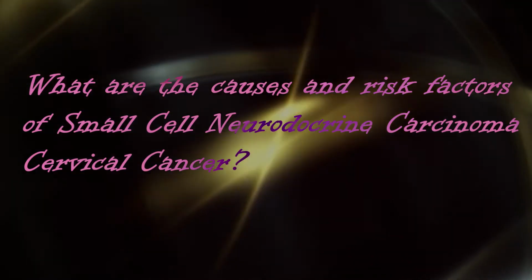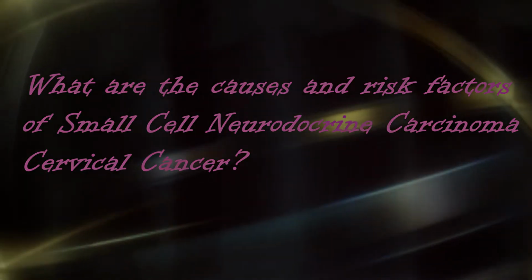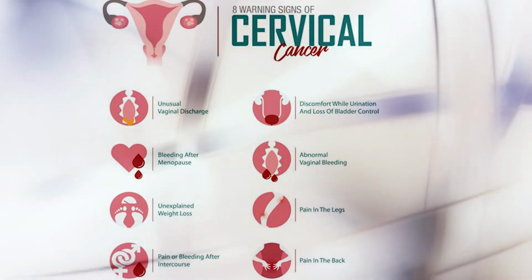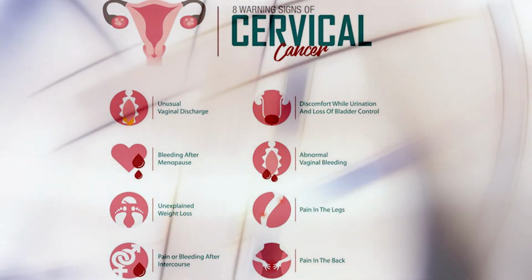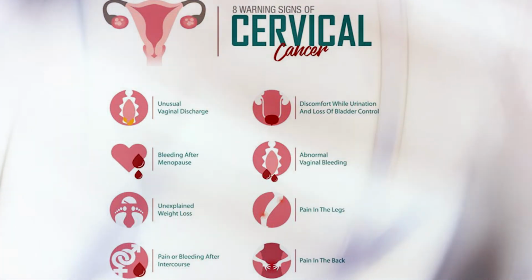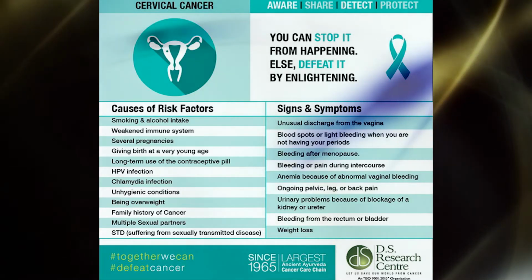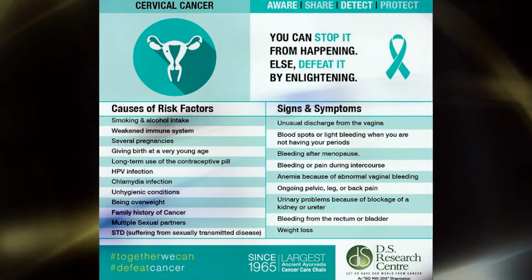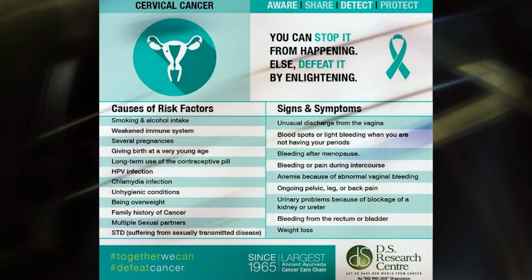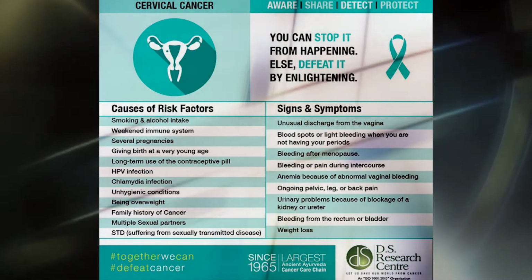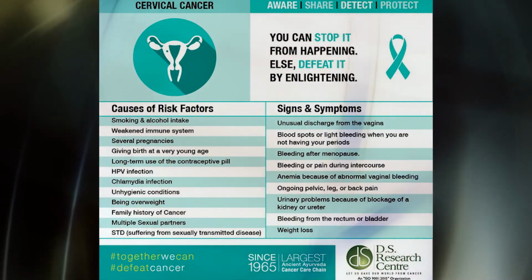Some of the causes and risk factors for neuroendocrine carcinomas are multiple endocrine neoplasia type 1, which is a hereditary condition associated with certain NETs, or neuroendocrine tumors. Human papillomavirus is another high risk factor. There are more than 100 types, but only 14 are known to be high risk for causing cancer. Another risk factor I found is that this type of cancer is more common in females, but is also